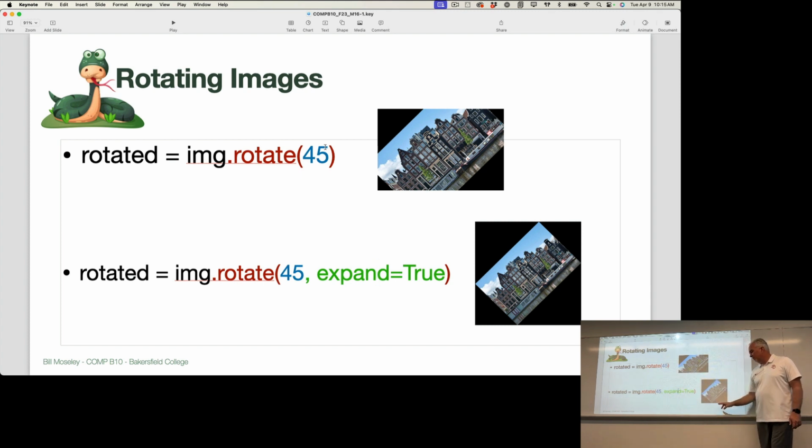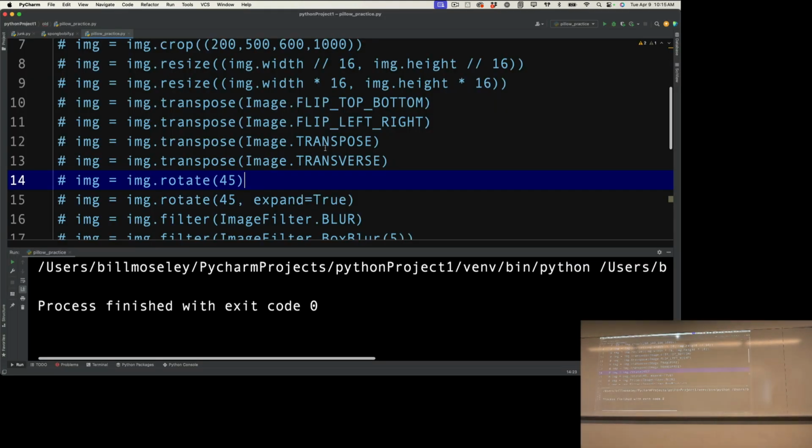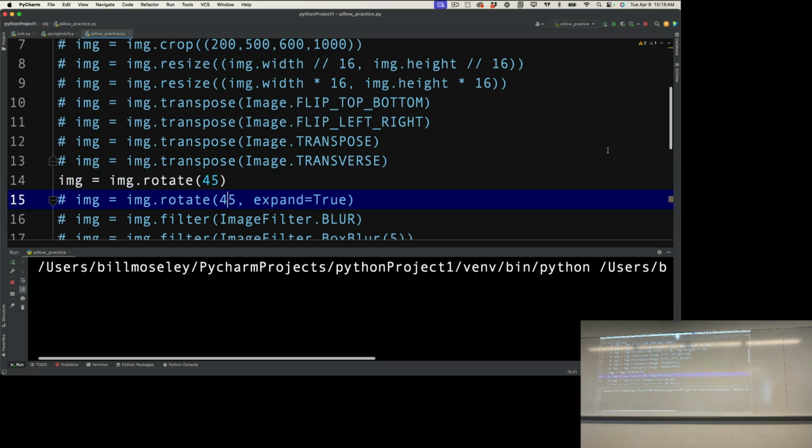If I say expand true, then what happens is it expands the size. It actually changes the size of the image to accommodate the corners of the rotated image. So this results in a larger image file. It doesn't change the size of the original, it changes the size of the whole thing so that it is rotated. So if I apply that to the buildings,